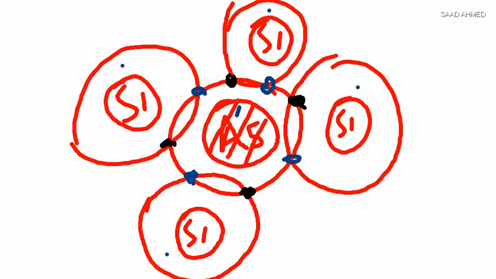The blue electrons belong to the silicon atoms, and the black electrons belong to arsenic. But we know that arsenic has 5 electrons, so this is the fifth one I've shown here. This fifth one is the one which is not